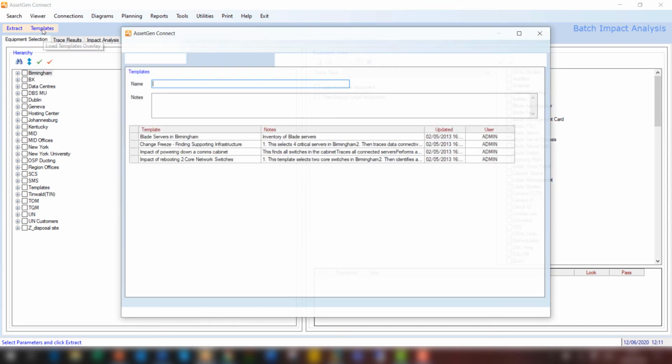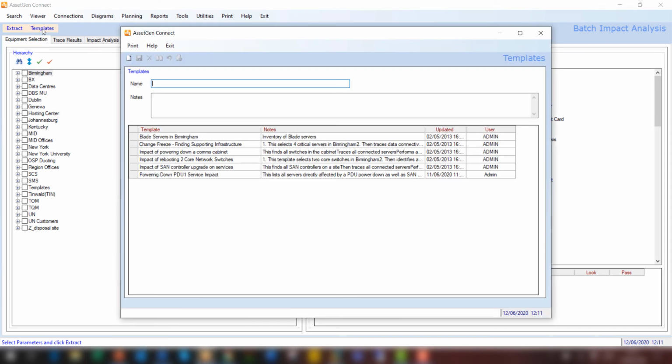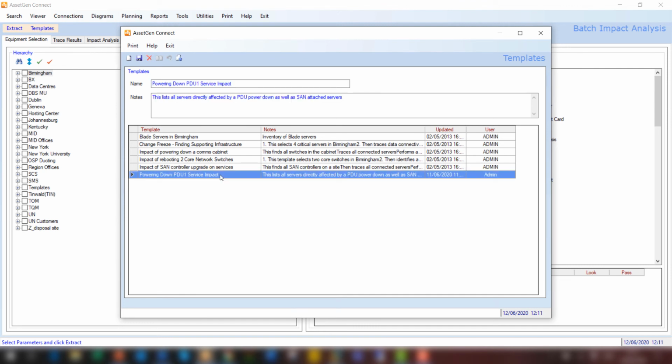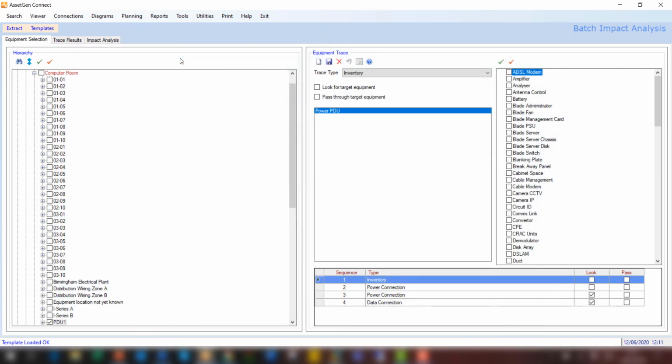We can store the filters, so for major projects like, say, planned power downs, we can actually plan this in advance and then rerun and take account of any changes. So I'm going to just show you how it would look. So say we want to power down a power distribution unit with all its circuit breakers on the side of the room. So this now selects the PDU, and just to read you through how it would work, we would do an